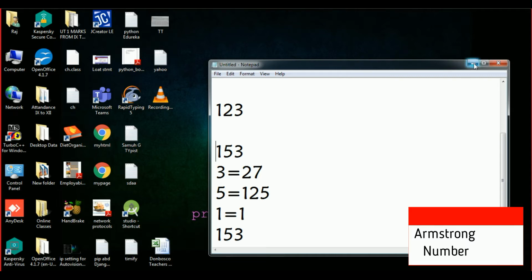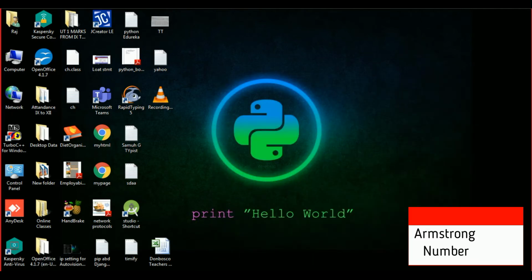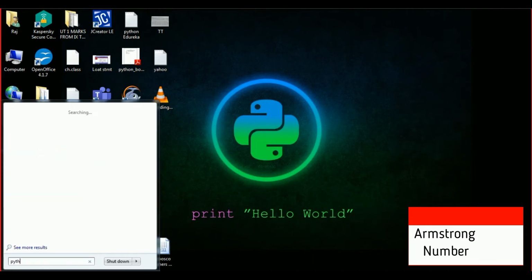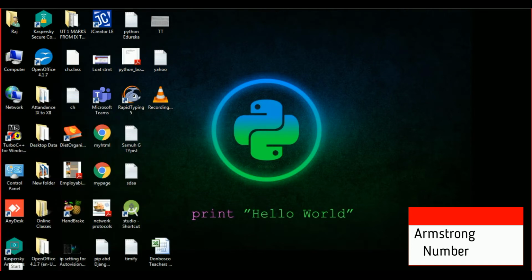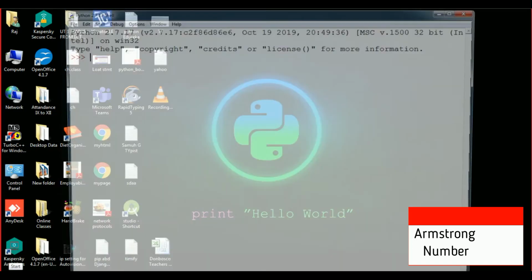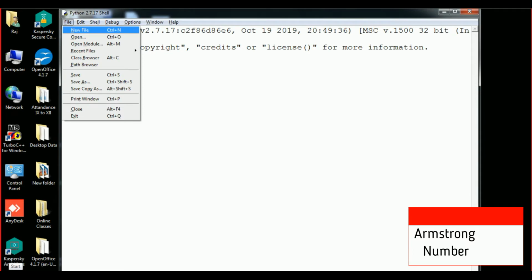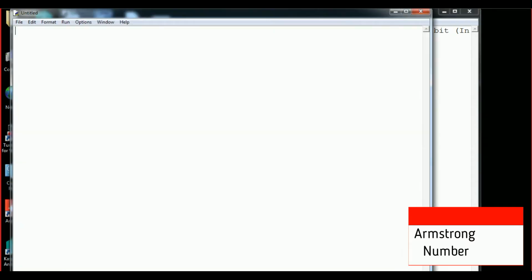So students, we are doing it practically, that is, programmatically, through the Python language. To open Python, type Python IDLE. Then I will save this particular program for further use, that's why I will use script mode. In script mode I will provide a comment for the code: a program for Armstrong number. Then I will ask the user to enter a value.